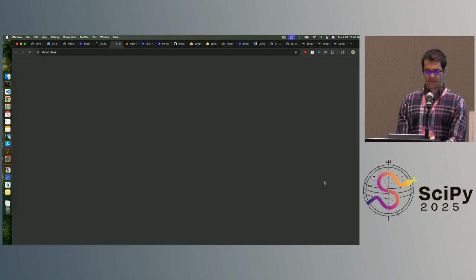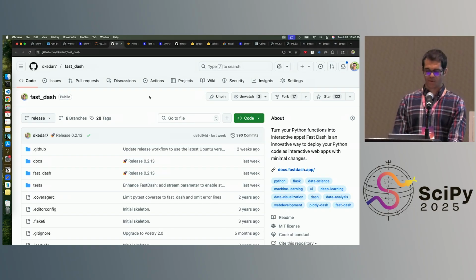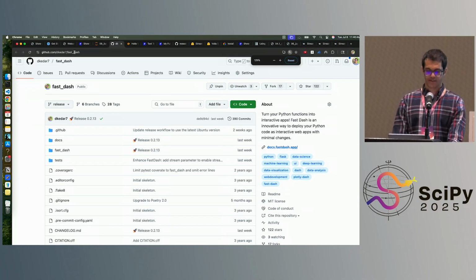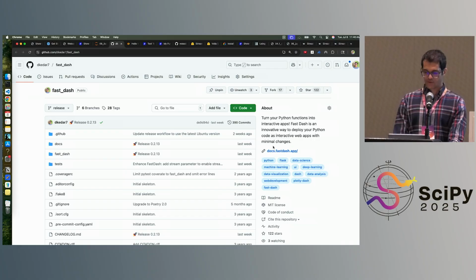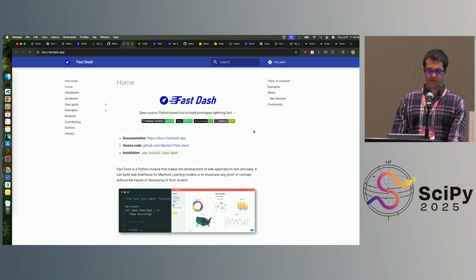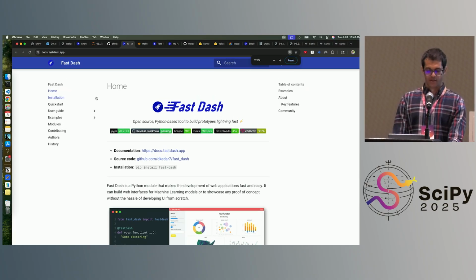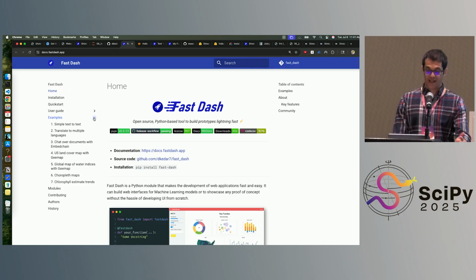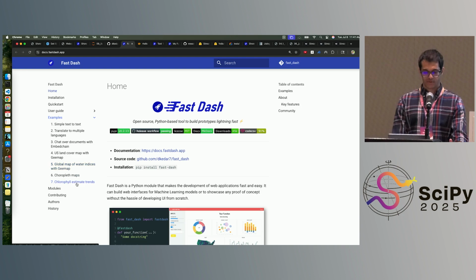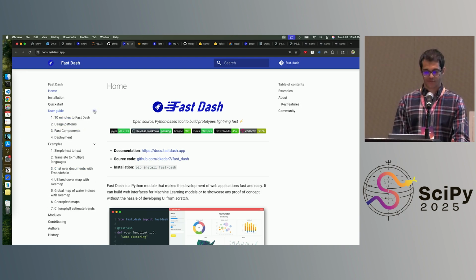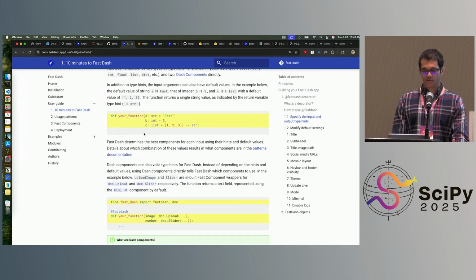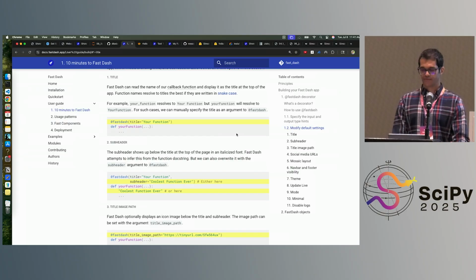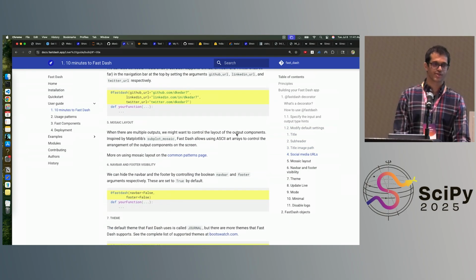It's an open source repo, obviously, which you can find here, TK-7 Fast Dash. There's also documentation that goes with it, where you can find some additional examples of using RAG-like approaches with LLMs and mapping, and other examples that I've written over the past few months. Some user guide on how to alter the properties of the function if you're interested in changing themes and